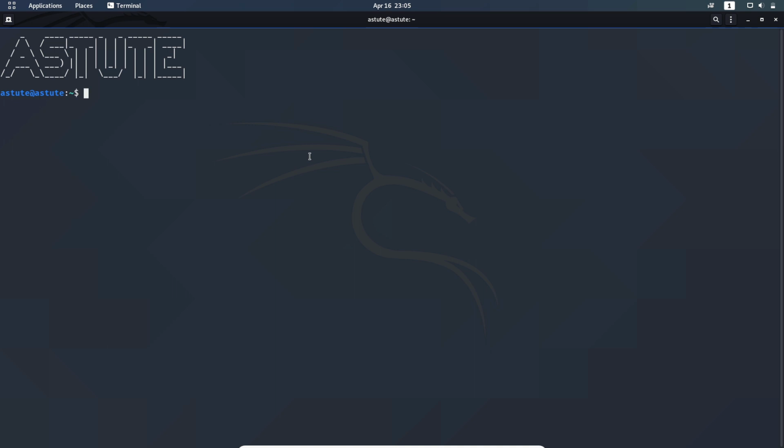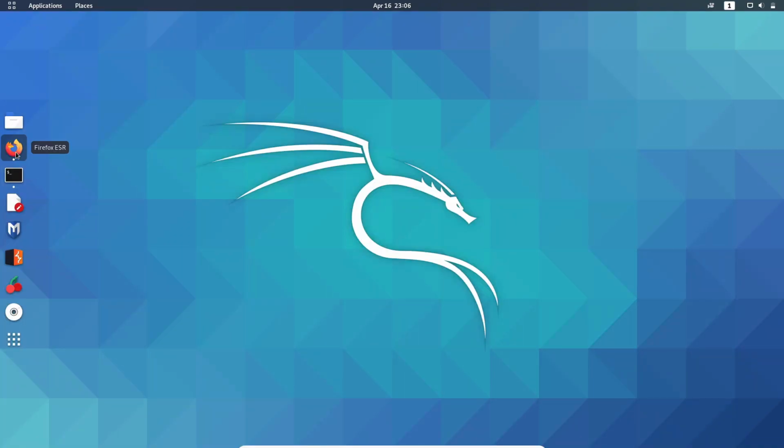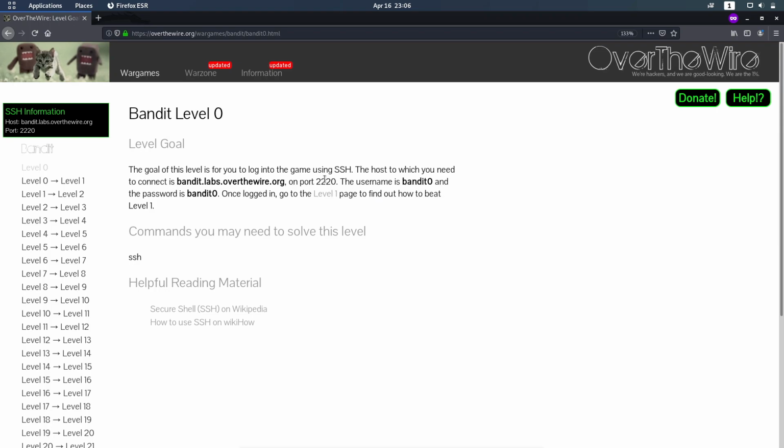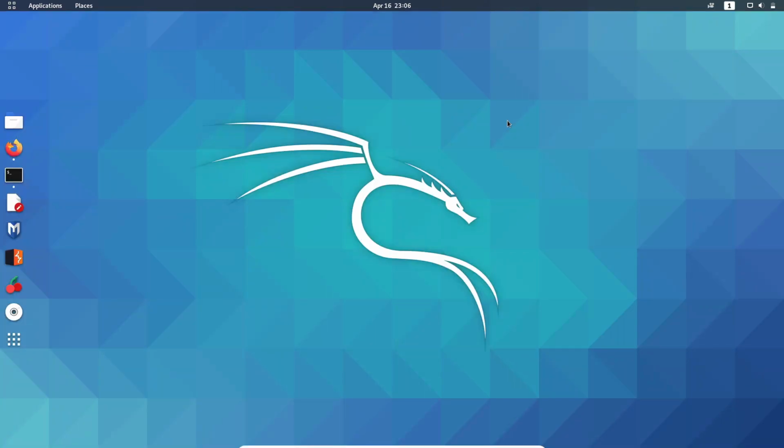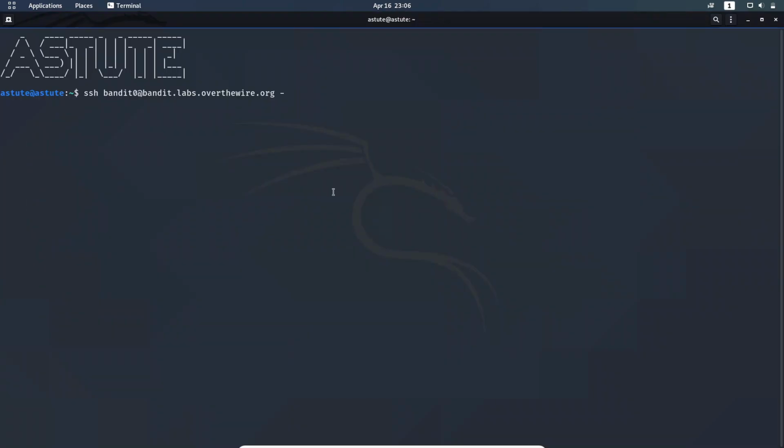Let me type ssh, then the bandit0 user, and paste the SSH. Let me see the port. The port is 2220. So let me connect to the port with -p 2220.